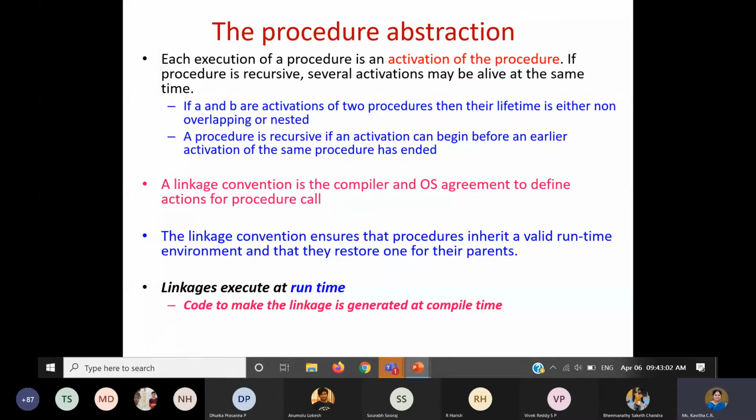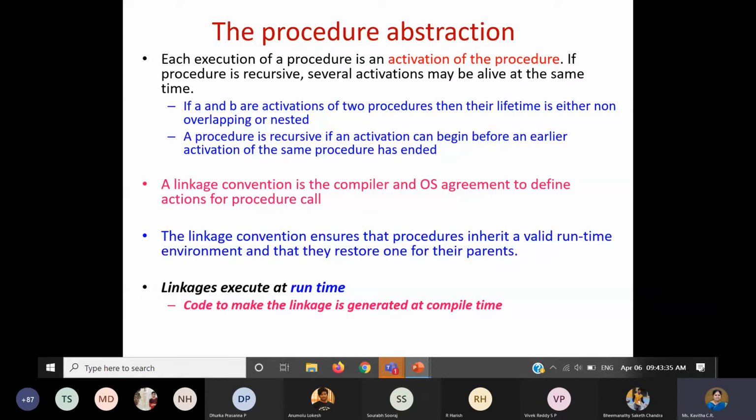Okay, once it is invoked, it can be a recursive function. If it is a recursive function, what happens is you have called it the first time, and then internally again it calls the same function, and so on. And how the return happens, you know very well, right? So it means that whenever you have these kinds of functions, these kinds of procedures called, there are several activations that are live at the same time, meaning they're active at the same time. Okay, so how do we manage this then?